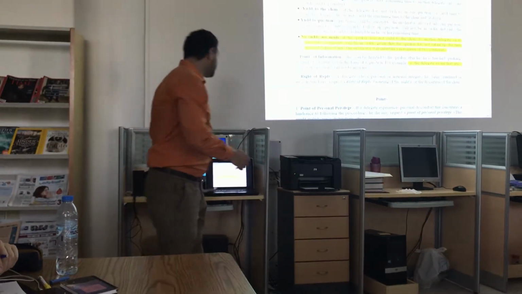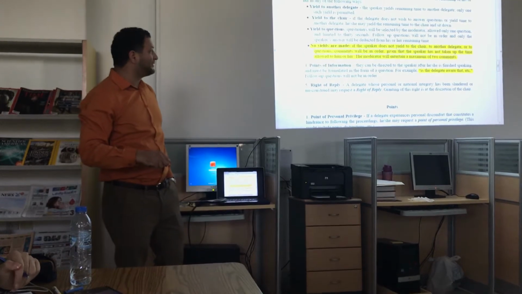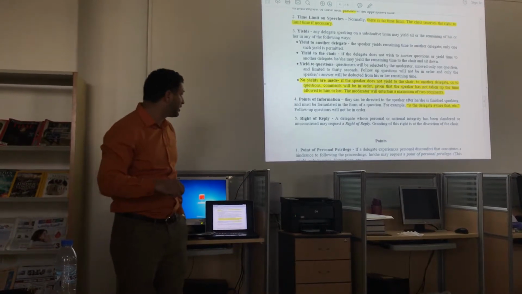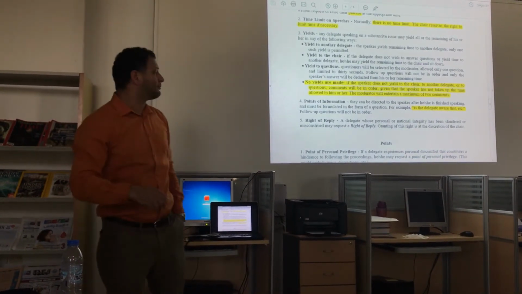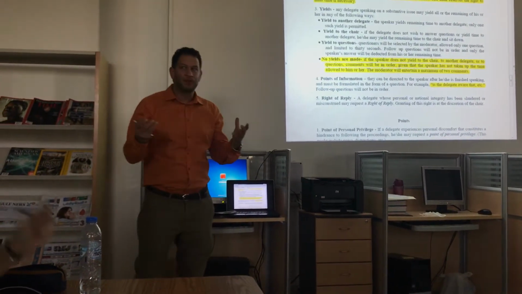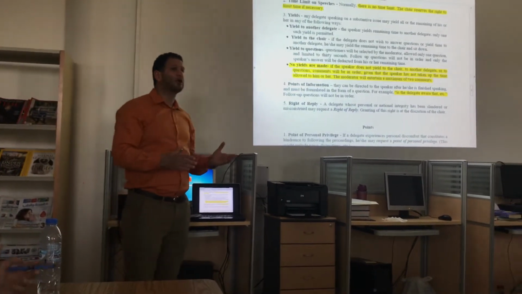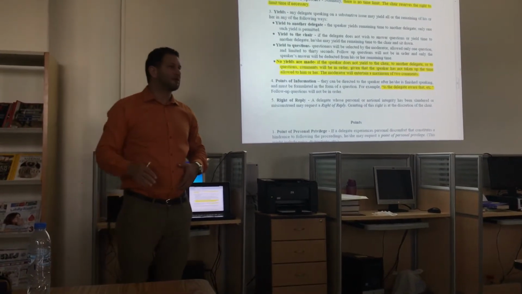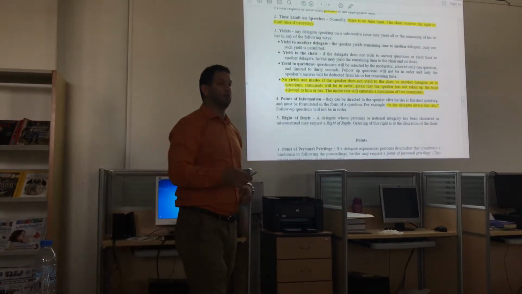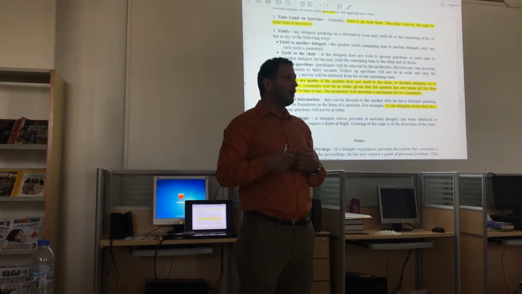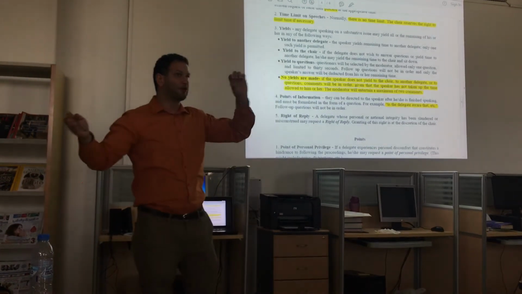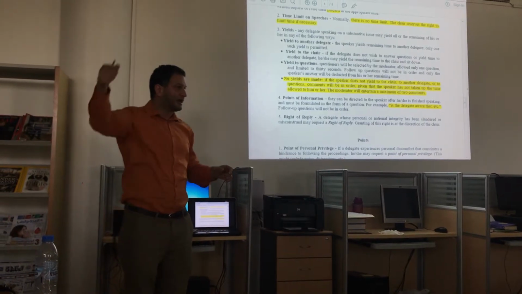A delegate whose personal or national integrity has been slandered or misconstrued may request a right to reply. Again, you feel that there is something wrong that was said or something inaccurate. It might not be offending, but somebody said wrong information about your country. For example, the delegate of Afghanistan was saying that 20% of the Saudi people are terrorists. Oh my God, how come she talks about my country like this? I don't have to feel offended and say, hey, shut your mouth. No, you can't do this. You will be sent out. Follow the courtesy, remember. Raise a black card, again, you are approached.